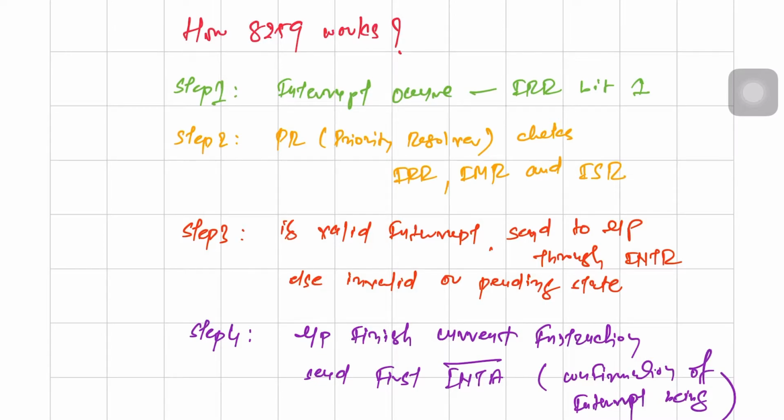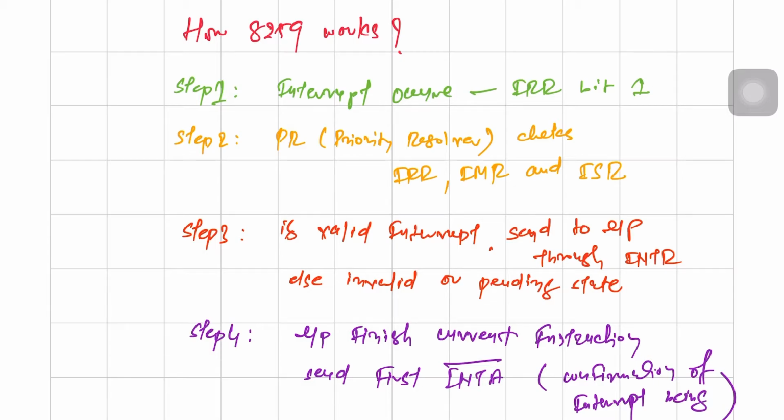So step 1, any interrupt occurs, so the corresponding bit in your interrupt request register will become 1. Then the priority resolver will check the interrupt request register, how many interrupts have occurred, and which one has higher priority. Then it checks the interrupt mask register, whether it is masked or not. If it is not masked and it is a higher priority, then it will check the in-service register. It compares whether it has more priority than the current interrupt in service, or less priority,